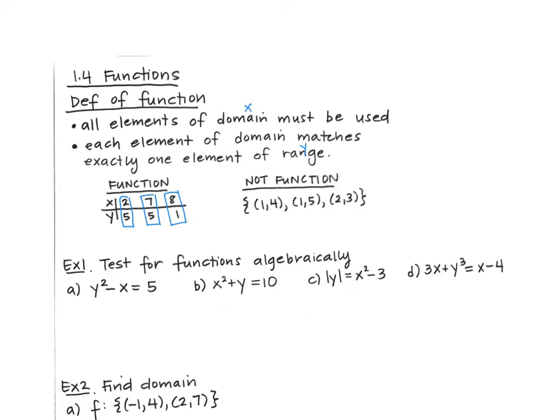Okay, the next example is not a function. Why is it not a function? Because each x value does not match with one unique y value. So in the case of this one right here, the x value goes with 4, but then when I get here, the same x value also matches with 5. So because that element of the domain matches with the 4 and the 5 in the range,